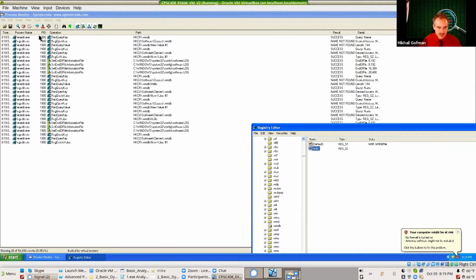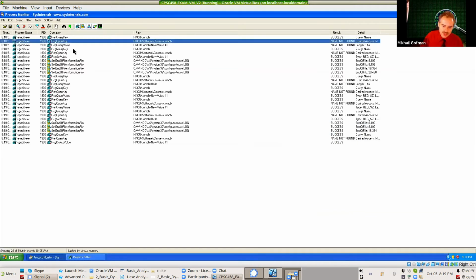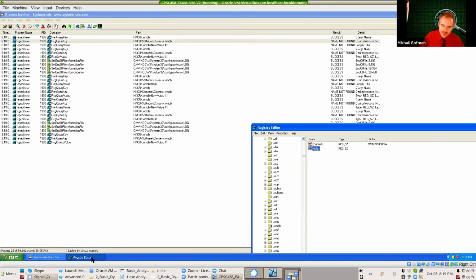So for example, when I first created a registry key, it has invoked a function called regQueryKey, which is a function used by the registry editor in order to get information about a particular key. Open key basically is a way to open a key, so to open one of those folders for access. And then there is the reg query value. This is a function which is used to check if there is a specific kind of value, and if there is, then it will